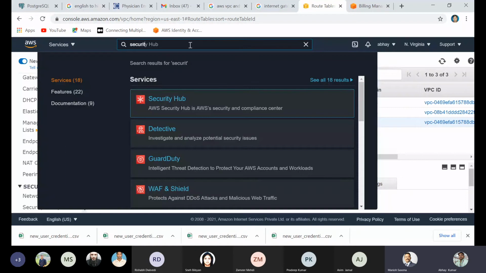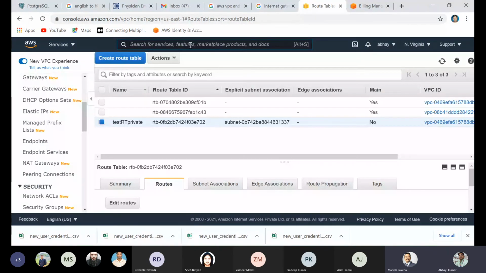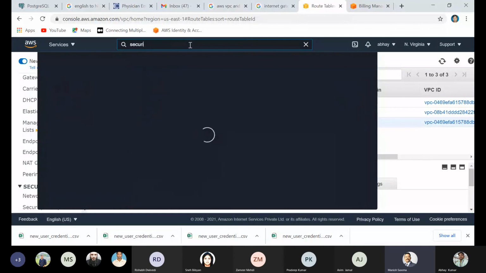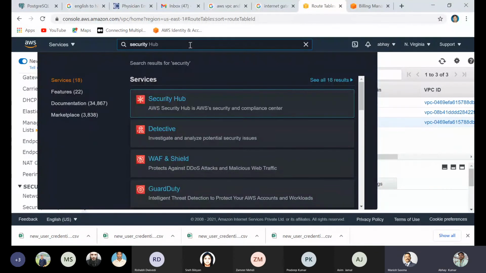Is there a way, are they categorized in some manner, or what is the best way to choose it? No, sir, the main purpose of a security group, suppose you want to attach it to an instance, is how your inbound and outbound traffic will communicate. That is the only purpose of that.